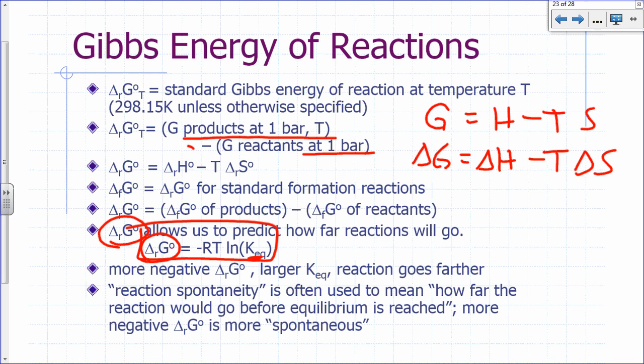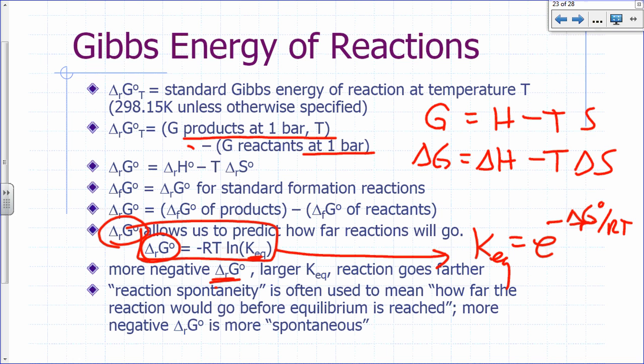If your delta G for a reaction is negative, the more negative it is, let's solve for KEQ here. KEQ is equal to e to the negative delta G of reaction over RT. The more negative delta G is, there's a negative there, so negative times negative is positive. The more positive that power is, the bigger that exponent is,